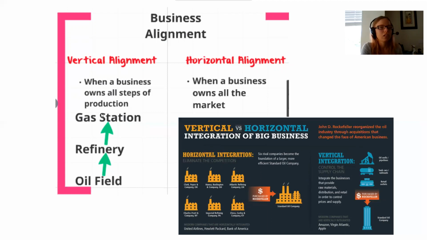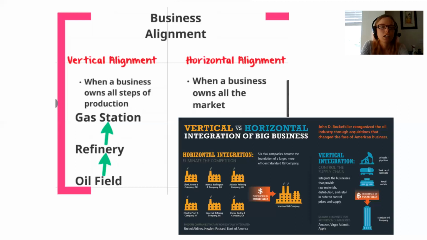And then finally, in the vertical alignment strategy, the last step, you own where you get the resource from, you own where you process it, and then the final step is to own the actual distribution device where you would sell it, the retail. And for the oil industry, that's like gas stations. So today that'd be like owning all the Valeros and Exxons and whatnot. You own every stage of production, you've cornered the market. You control that resource. Controlling every aspect in an industry, that's having a monopoly.